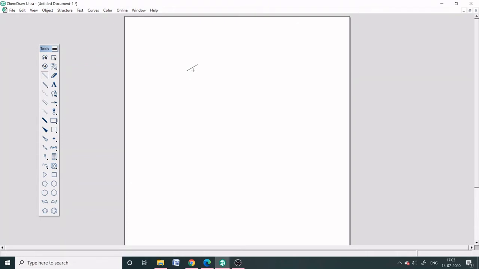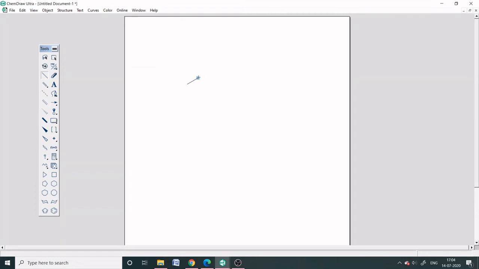the desired structure. So for hexane, now I have just clicked on this white screen. A new bond appeared on the screen. We have drawn the bond by clicking and dragging. Then the bond appears, and these two ends indicate carbon atoms with the valency satisfied.